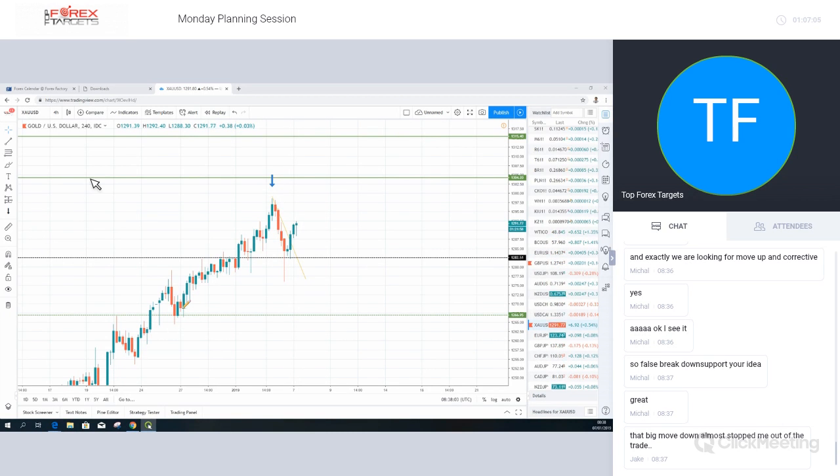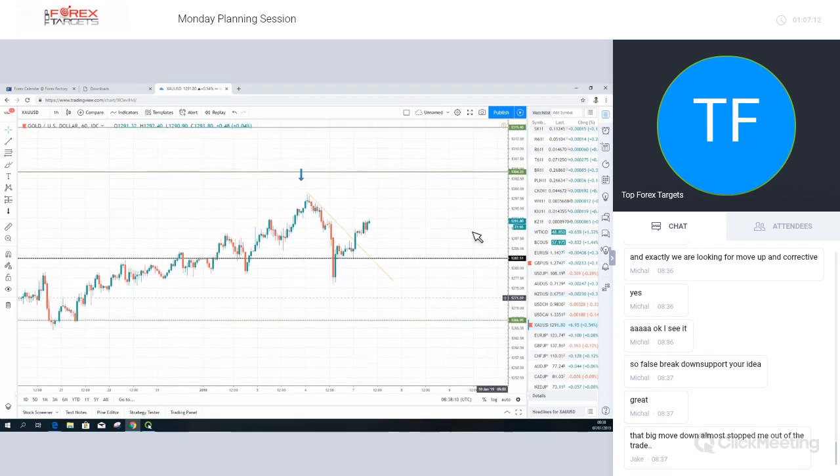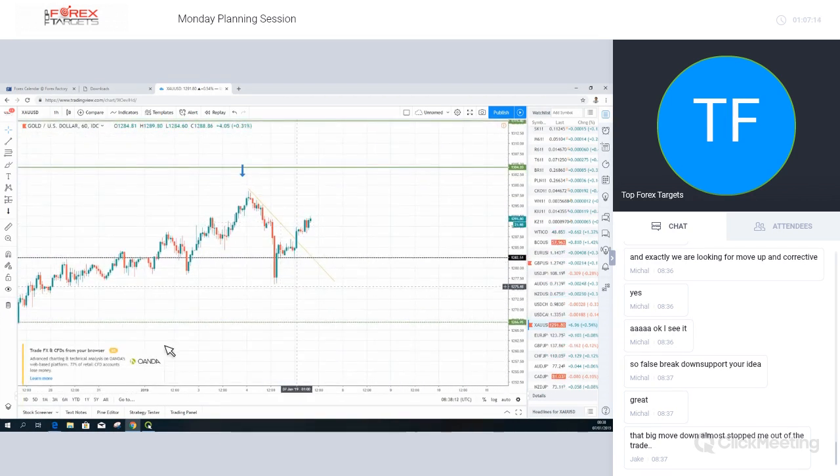Okay, so I want to move on to the others because otherwise we're going to go on for too long. We're already over the hour mark. So I am looking at this in gold. I would prefer, based on everything we've just said, to look for this move in gold this week. Okay, and be patient. Trading is not about jumping into markets every day. You're just going to churn your account and lose money. Wait for the setup to take place.